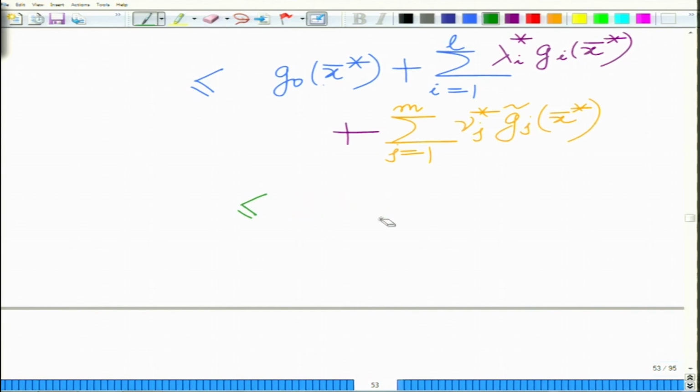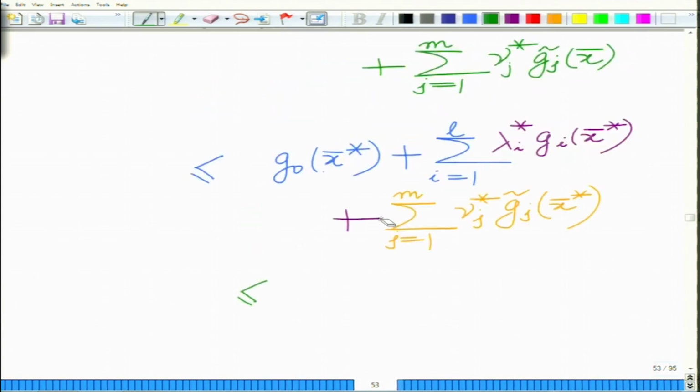And now, if you look at this quantity, x bar star is the